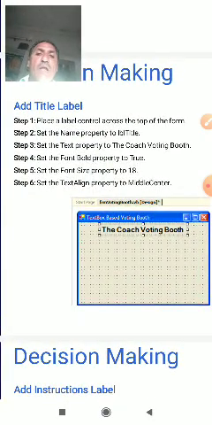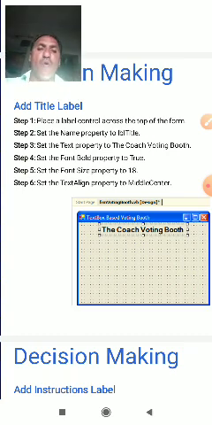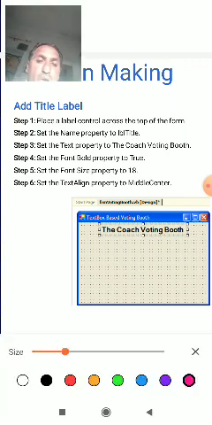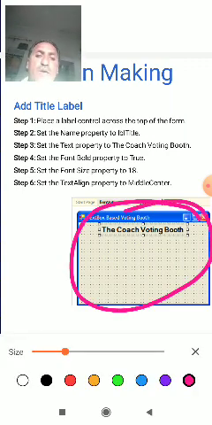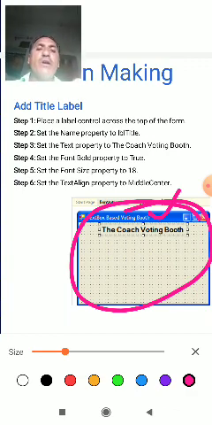Place a label control at the top of the form, and give the title. Set the name property of the label to label title.